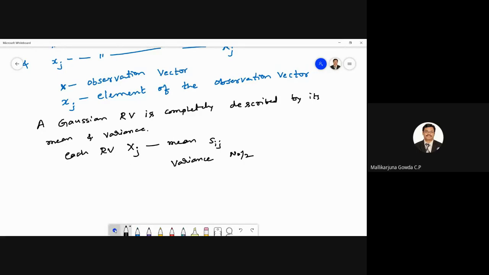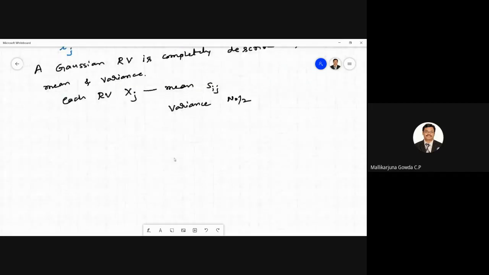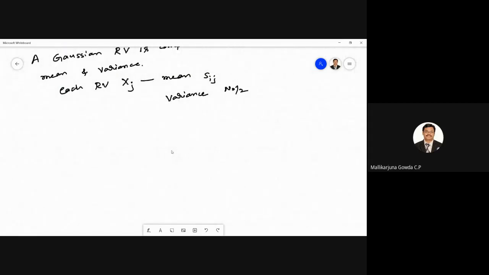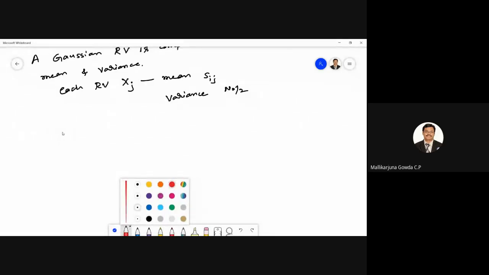The probability density function, as I was telling, is... I hope you are all aware of the expression for the Gaussian distribution function. Are you aware? So let me write the general expression. That is the probability density function for the Gaussian variable. Let me write it in short as PDF, which is equal to fx of x is equal to